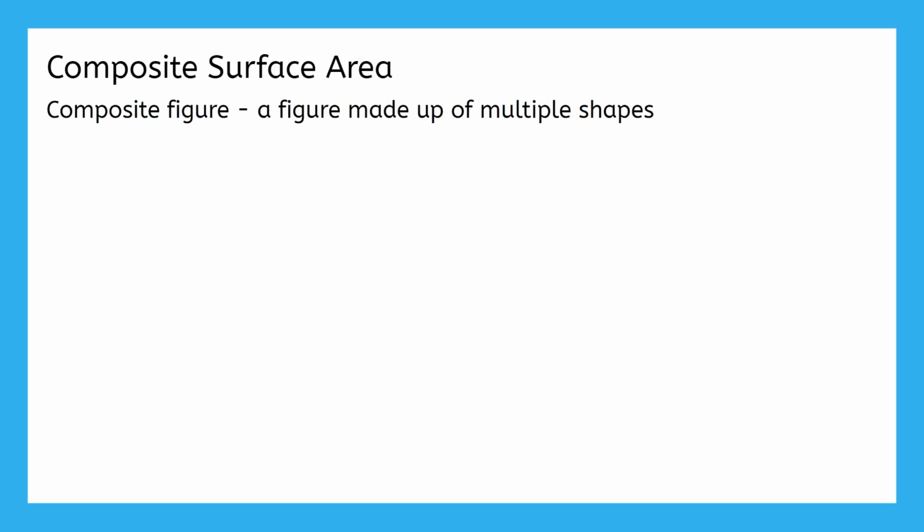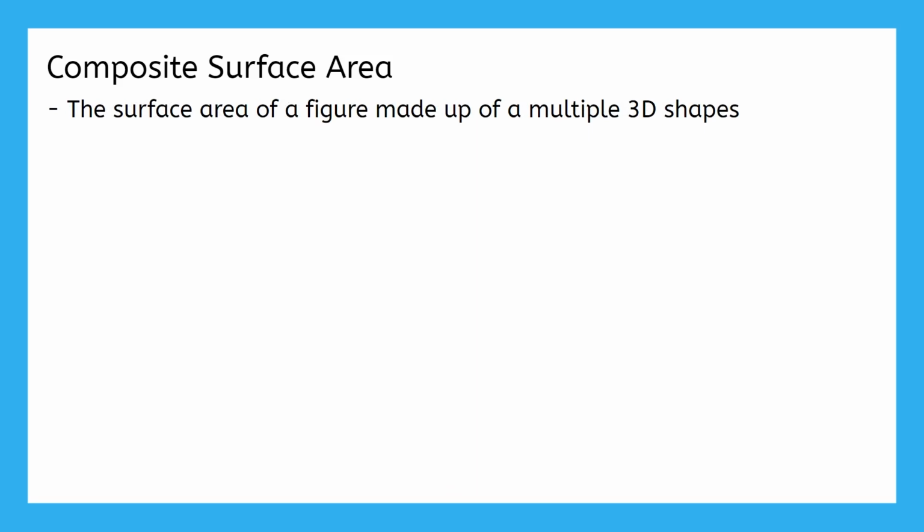So, what do I mean by composite surface area? Well, do you remember what a composite figure is? We first talked about these back in our area unit. Exactly. A composite figure is a figure made up of multiple shapes. So, in this case, by composite surface area, I mean the surface area of a figure made up of multiple